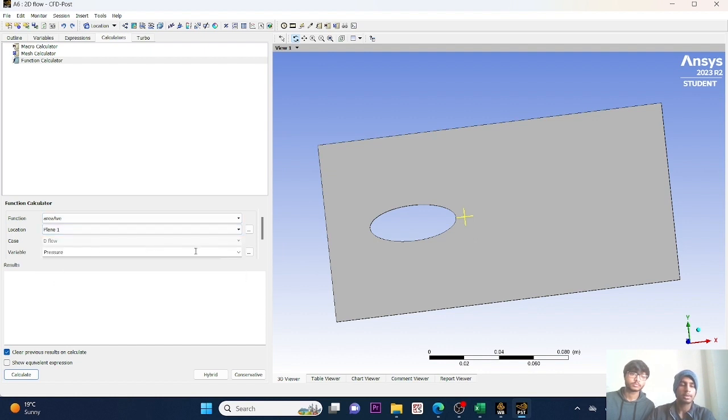Select plane, from here select velocity and just click calculate. You can see that the average velocity over this plane comes out to 0.35989, and our inlet velocity was 0.3. So just copy and paste it